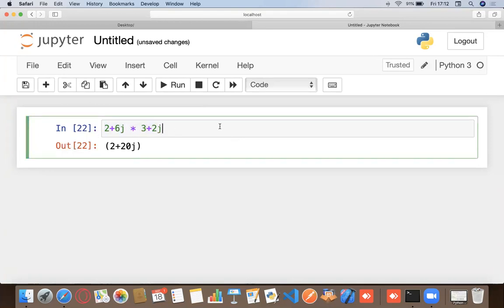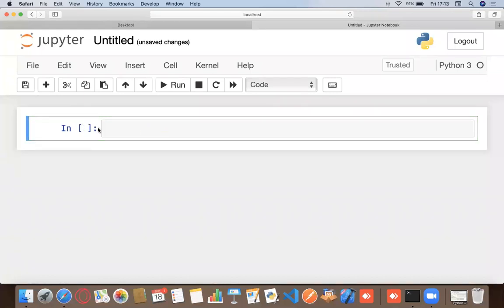So that's the fourth data type that we have learned about, the complex numbers. We have already learned about int, float, string, and now complex. And right now we also know about booleans, bools, the true and false. Right now they might not mean a lot to you guys, but we'll see what they actually do.